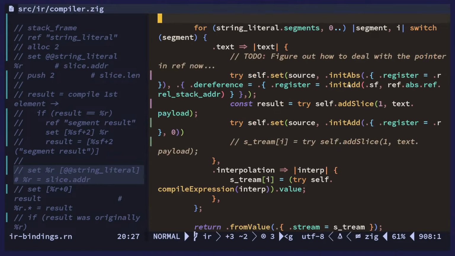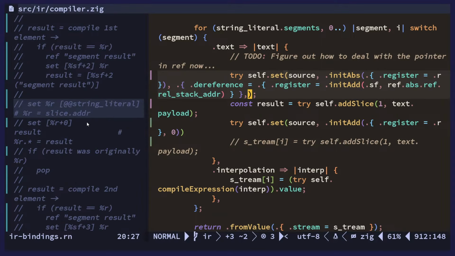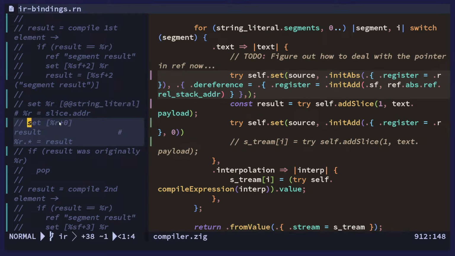Okay, and so stack frame plus this stack address that we should have, and then we add that to stack frame. Yes, and that's it. That is going to be that. So that should be the address. So this should be correct, actually. It's a lot of things happening here. But then also we have set